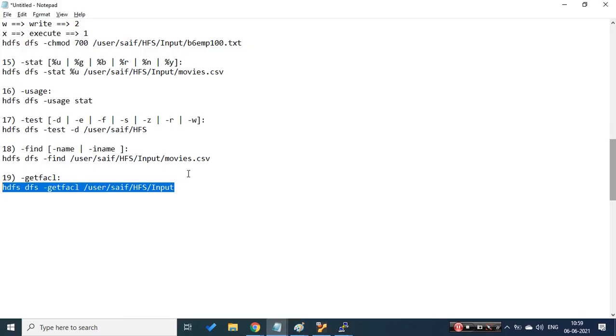Then a couple of commands. So we are almost in the closing phase, so don't get bored. Okay, then we have the hyphen text command. We all know what a cat command is. Cat displays the data, right? So this text command displays